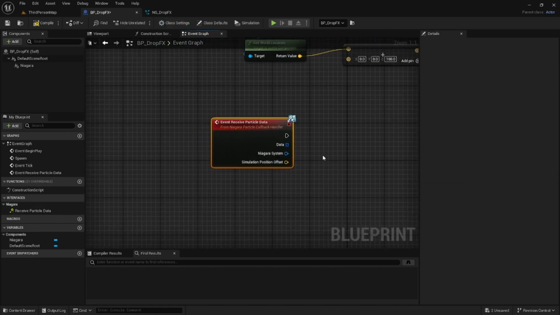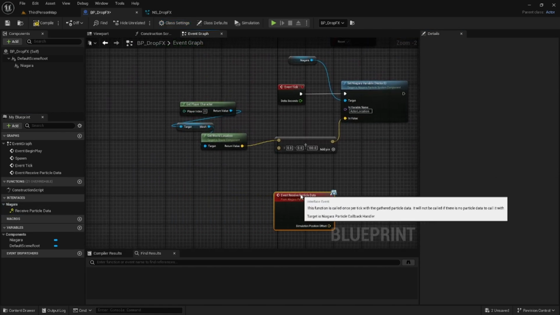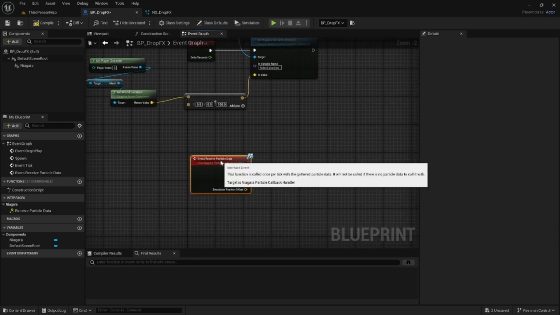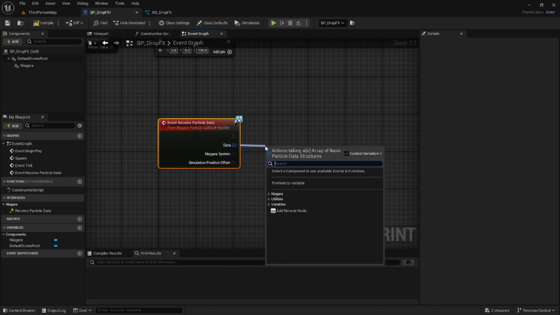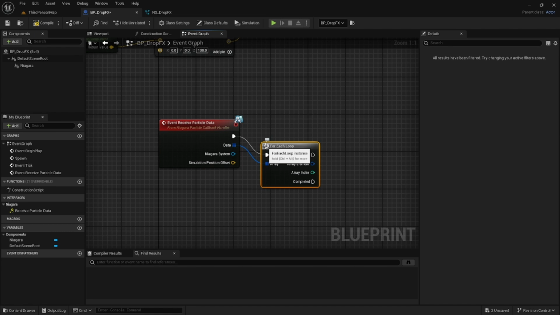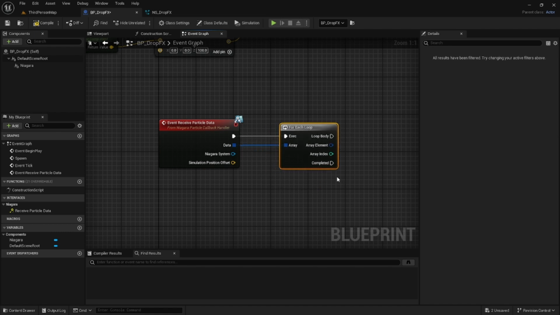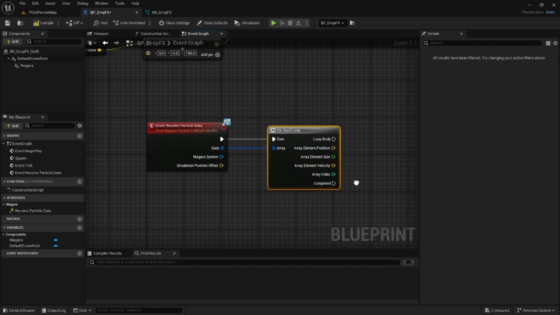And then if you double click this, it'll give you what you're looking for. So now all the data for the particles are coming through here. So let's separate this out by doing a for each. So for each of these bits of data, and if we go ahead and split this pin struct,